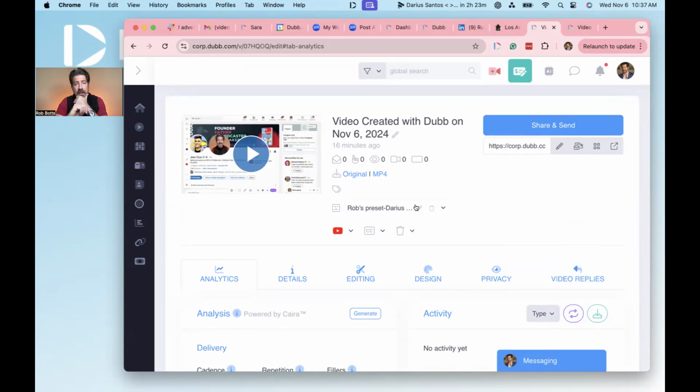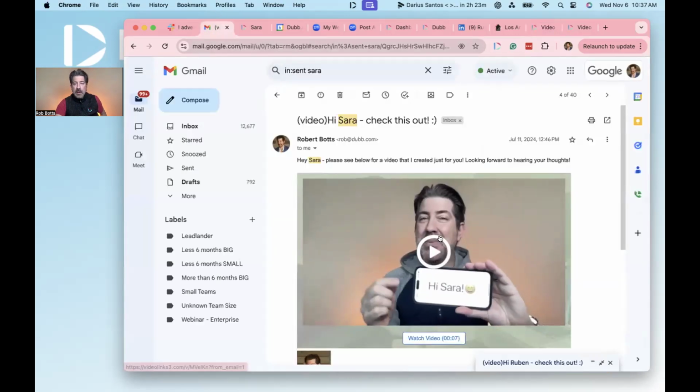So this is the video edit page here, and you've recorded the video, you've got it on a preset, it has the right buttons, it has the videos. Now you want to take this video and you want to send it out. So what you can do is you can come right over here, and I'm going to click the compose window